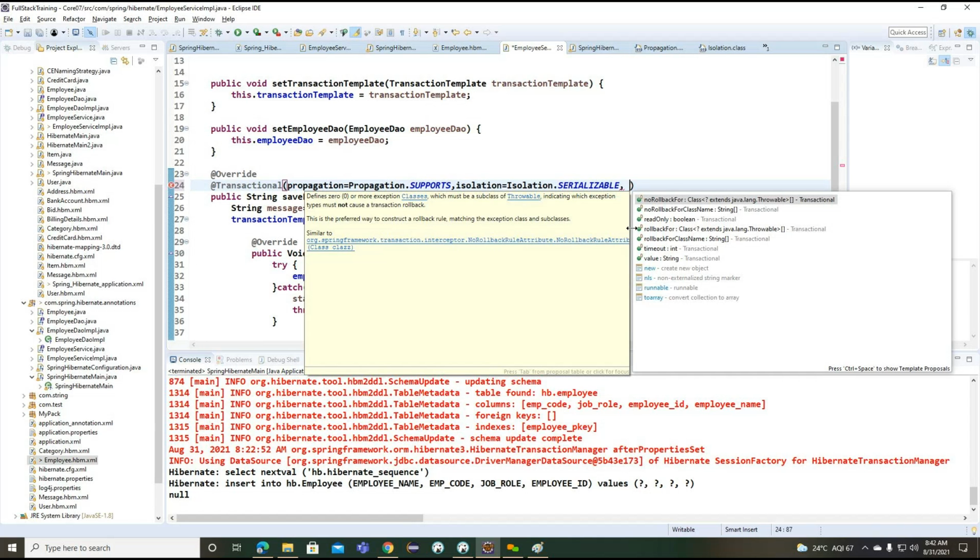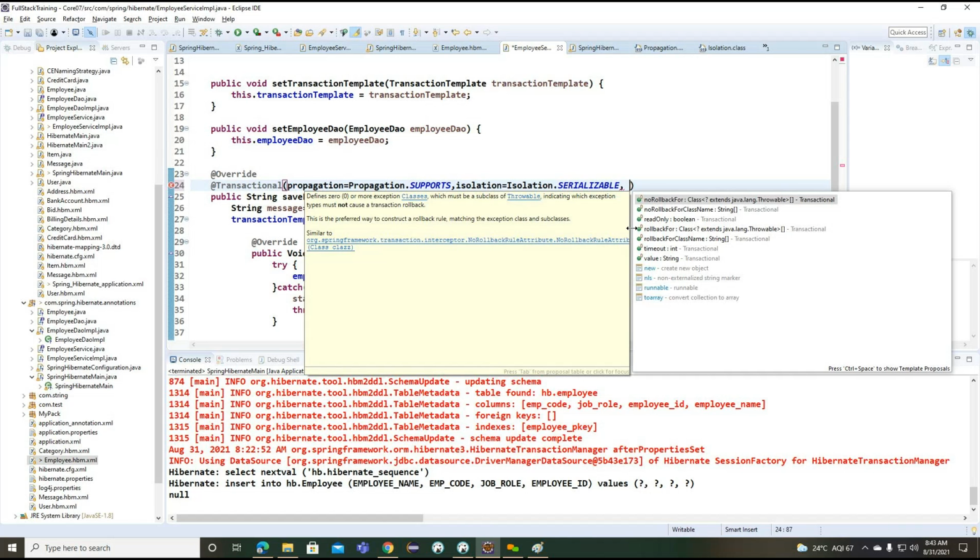Read only is nothing but whether it is only a read-related transaction, or it is trying to update or insert any data into the database. Read only means we are only trying to load the data from the database. We are not modifying the column. So we can make read only true here.